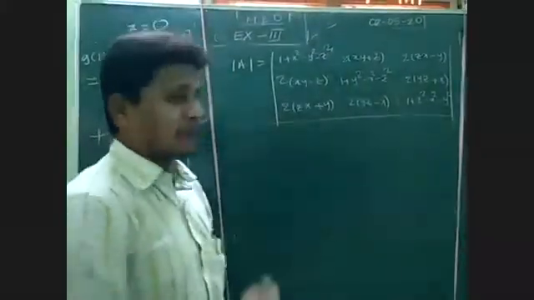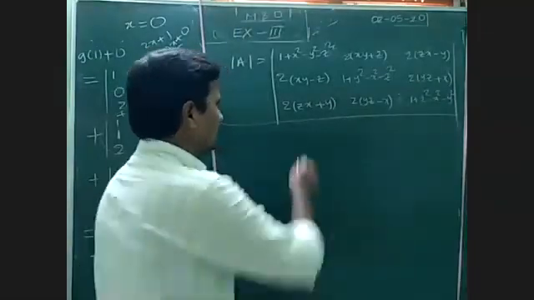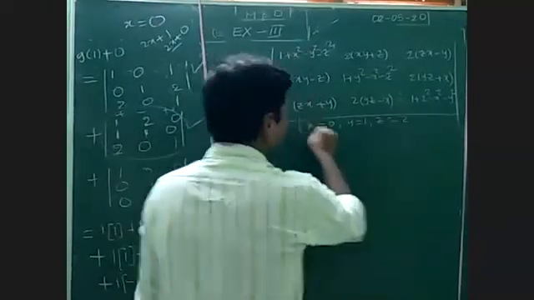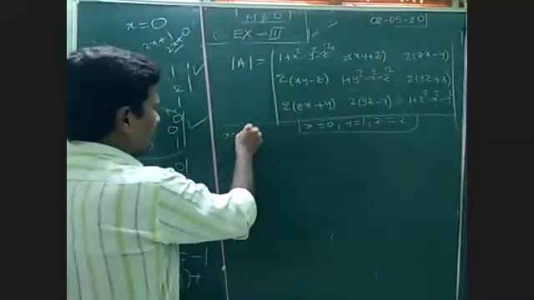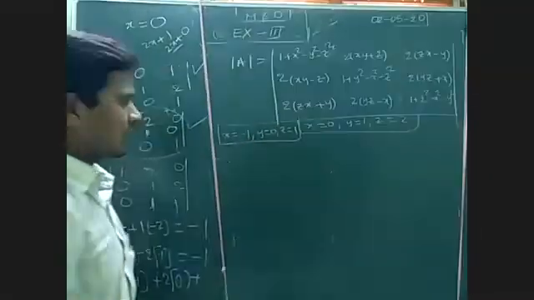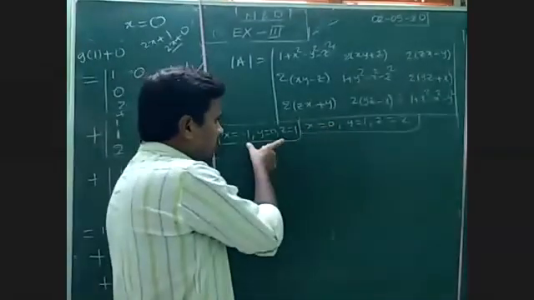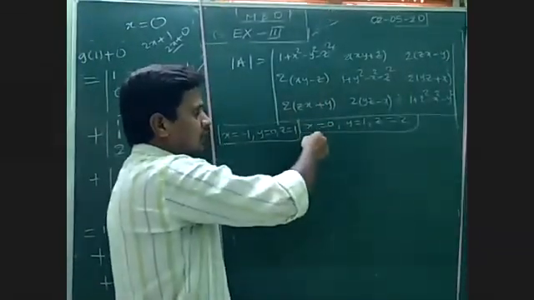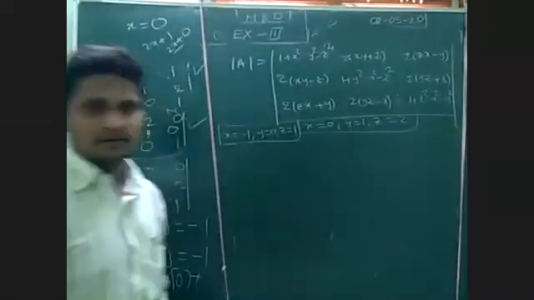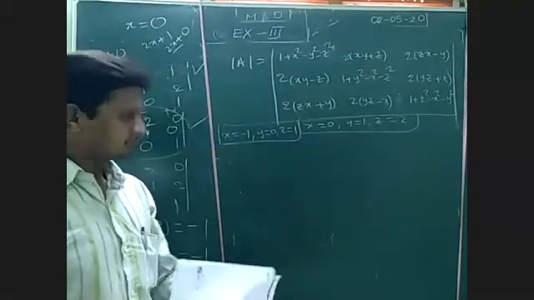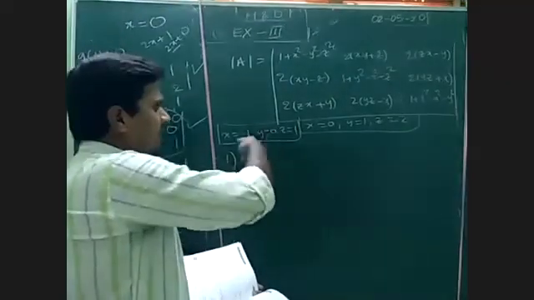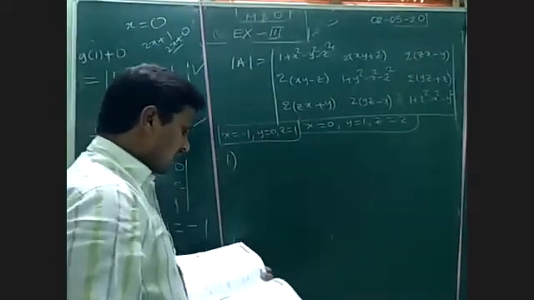See, don't expand directly. Take some values like x is equal to 0, y is equal to 1, z is equal to 2, or else if you want you can take x is equal to minus 1, y is equal to 0, z is equal to 1. Take any one of the values, substitute here, and simplify. The same x, y, z values, substitute in the given options.